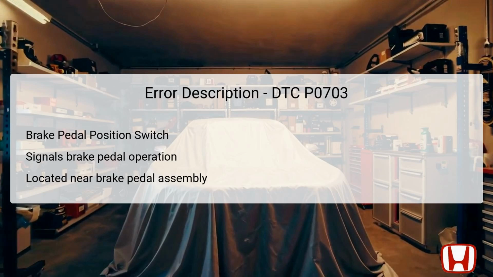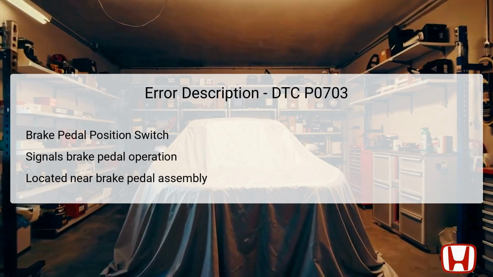The brake pedal position switch is a vital component in the Honda Accord's braking system. It conveys the position of the brake pedal to the PCM, enabling appropriate responses in engine management and safety systems. Located adjacent to the brake pedal assembly, the switch is activated when the pedal is pressed, sending an electrical signal to the PCM. If there is a malfunction indicated by the DTC